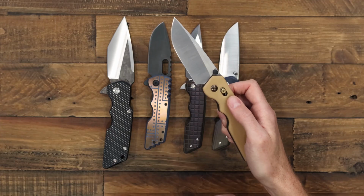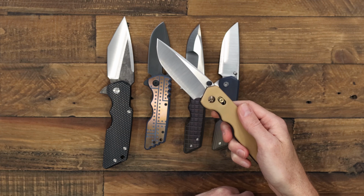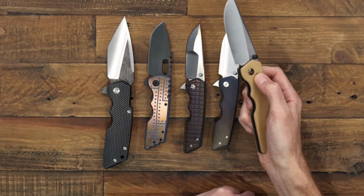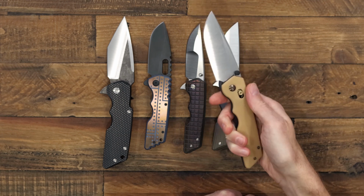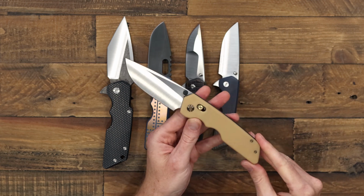with the BarLock, which is going to be familiar to anyone who has ever used an ambidextrous axis lock or any other style of BarLock. This one does run on washers for added reliability, but you can see it still has a smooth and snappy